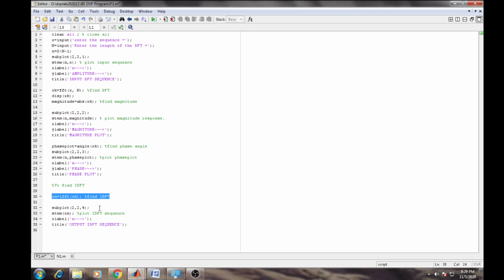This is the formula of IDFT. So this IFFT is the name of the function. This function works very similarly to find the IDFT.